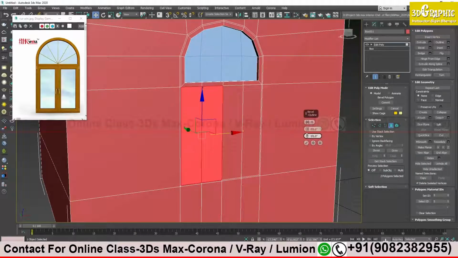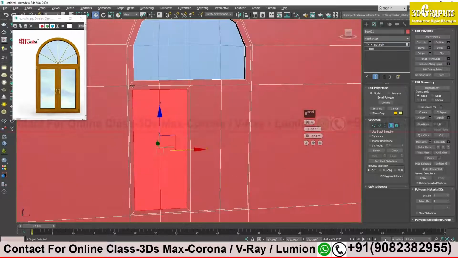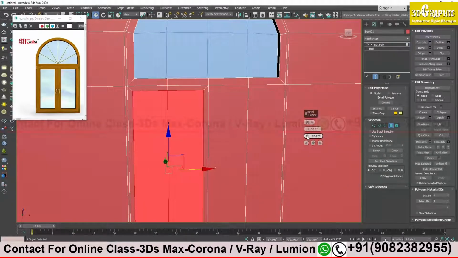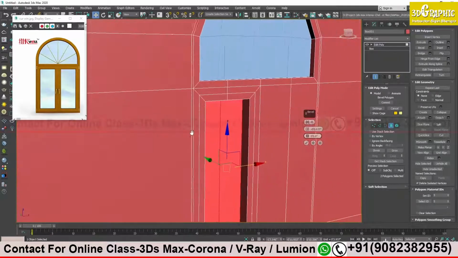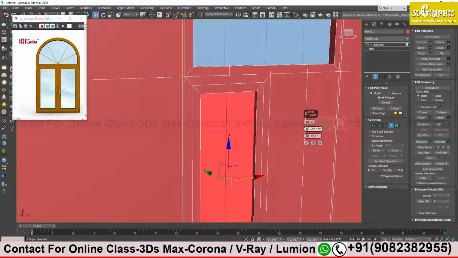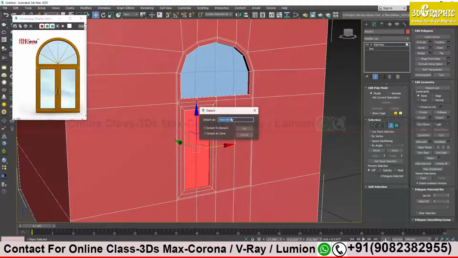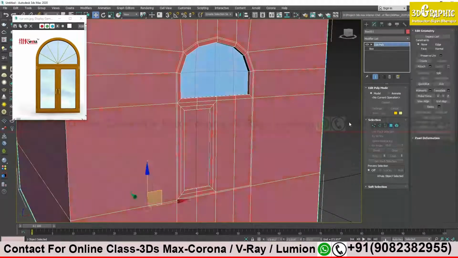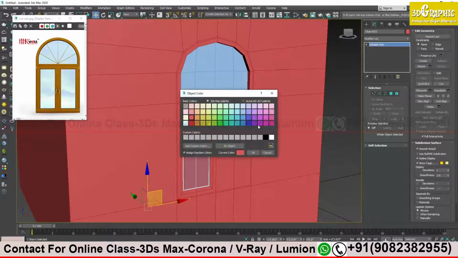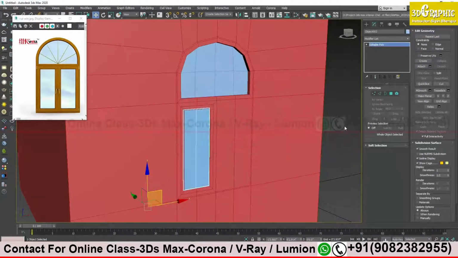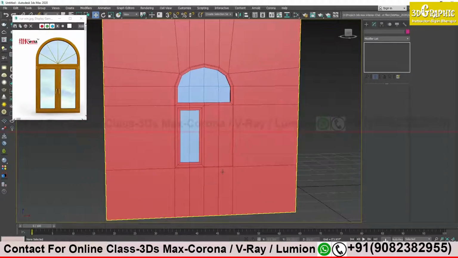Drag it inside a bit so that it matches this line, maybe a little bit more. Okay, let's consider it's like this, plus sign and then a little bit inside, not that much. Again this will be my blue glass, so detach it. Click outside, select, and then blue glass. Okay, done. Same thing I will do over here.